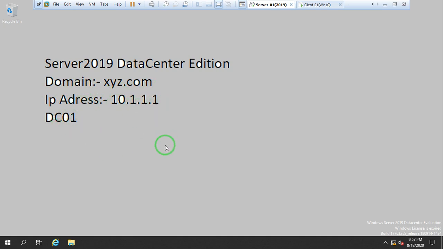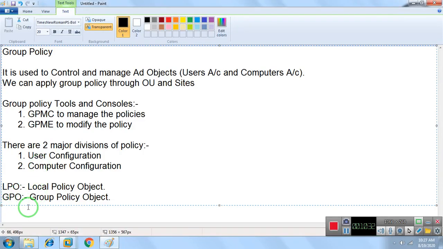Once I convert my server to a domain controller, we have group policies, and group policies override the local policies. When I install a server OS on a system, virtual machine or physical server, local policy is working by default. Once I promote that server as a domain controller, group policies override the local policies.